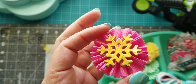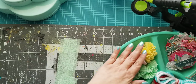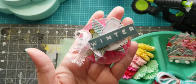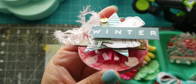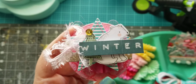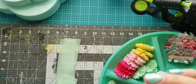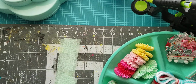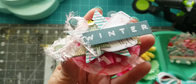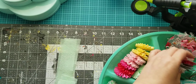I've been working on, actually I started last week on making these, just trying to create some embellishments for the Christmas in July 2020 PHA challenge, I'm sorry, Paper Hoarders Anonymous, PHA. Oh my goodness. Anyway, the goal or the challenge is to get ready for